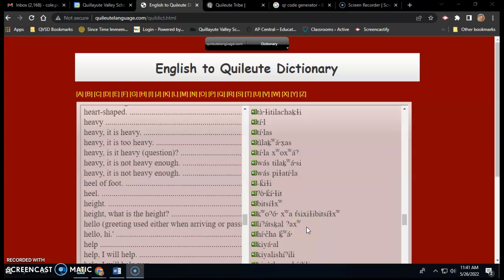Hello. So I'm going to provide some instruction on how to create labels in the Quileute language with a QR code that gives you the pronunciation of the word. In order to do this, a couple things that you'll need to have available. One is the English to Quileute dictionary that has audio pronunciation online, and you find that at